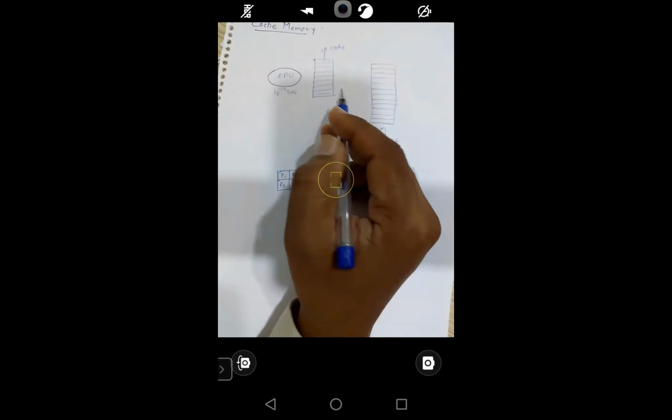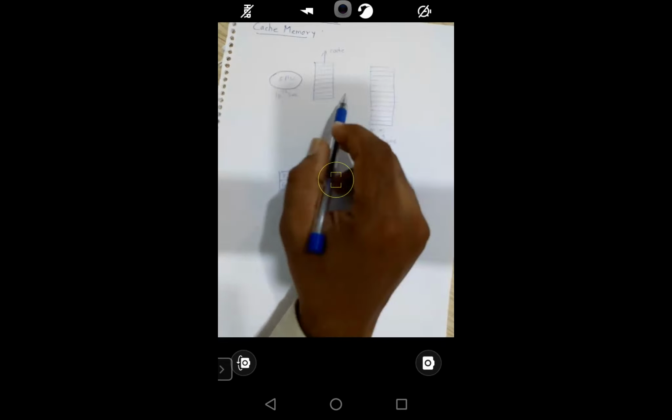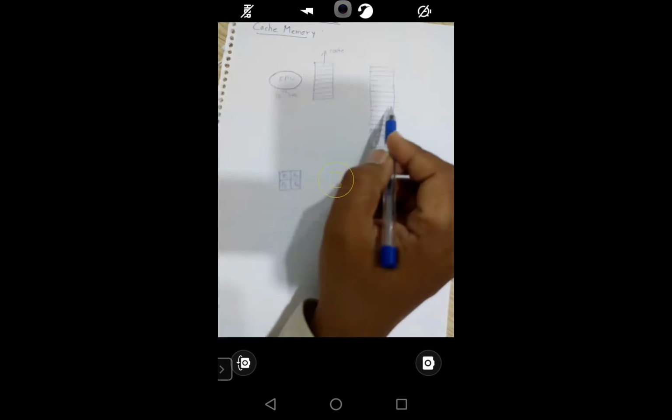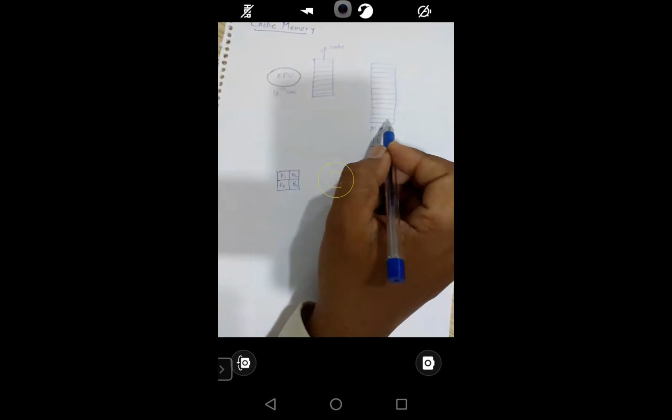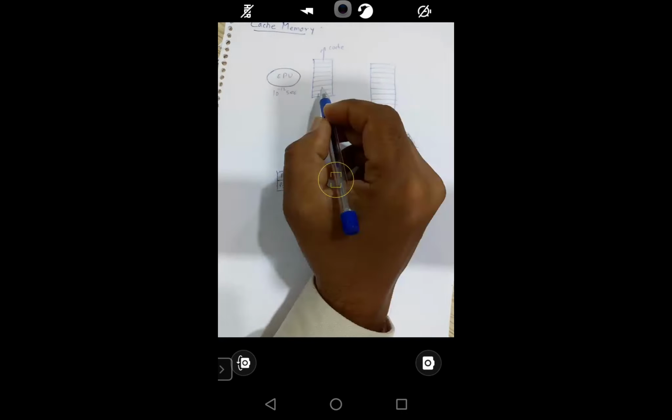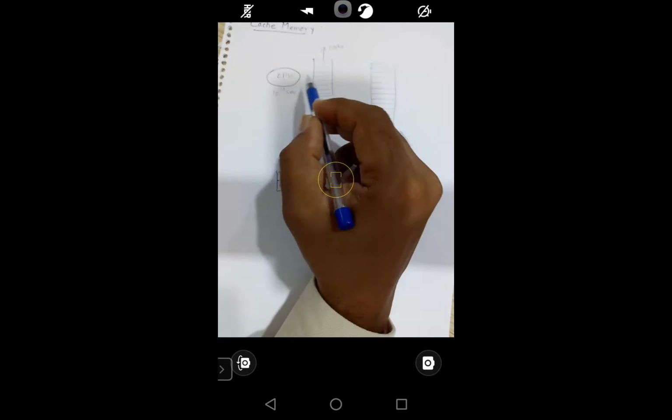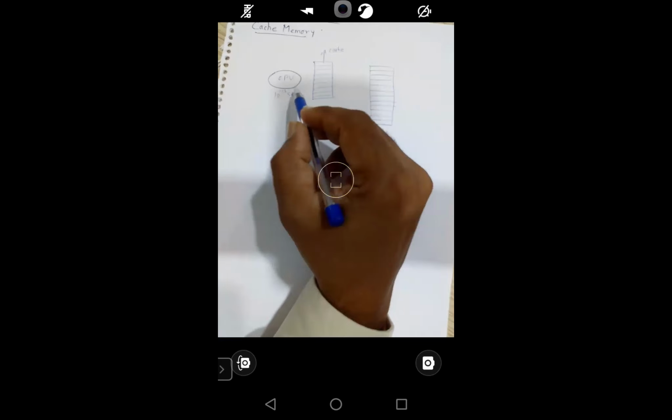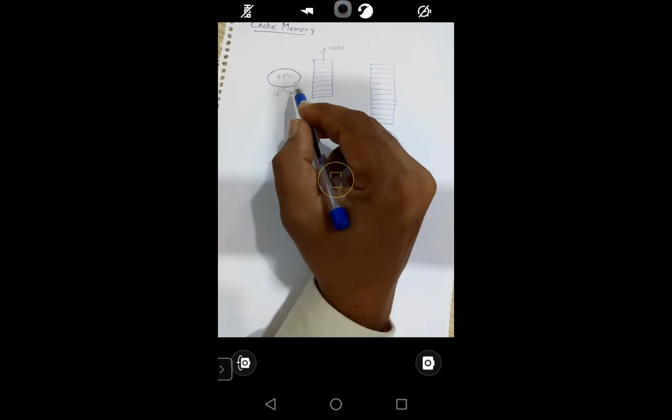Technology wise, you can understand it this way. Here the main memory cost is less compared to the cache. But again, here you will find the cache speed is less than the processor speed. Here again, synchronization is not possible. So there is one more level added here, that is a register.